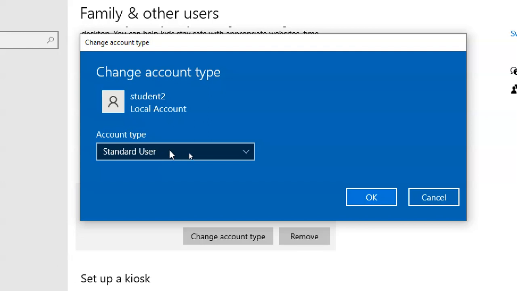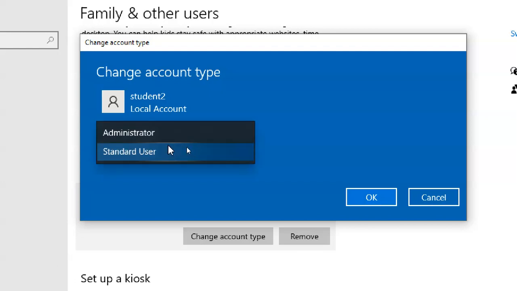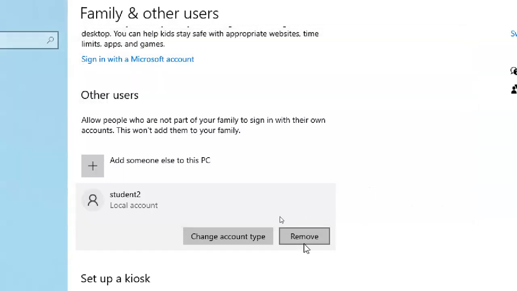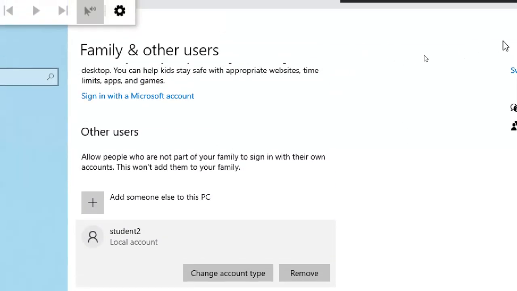If you want to make him an administrator, you can make him one also, but I'm not doing anything, I'll just keep a standard user to show you. The second account by default is a standard user. The second, third, fourth accounts you create are by default standard users, but you can make them administrators. It means one PC with multiple administrators. This time I'm canceling. If I don't like it, I can remove it also.